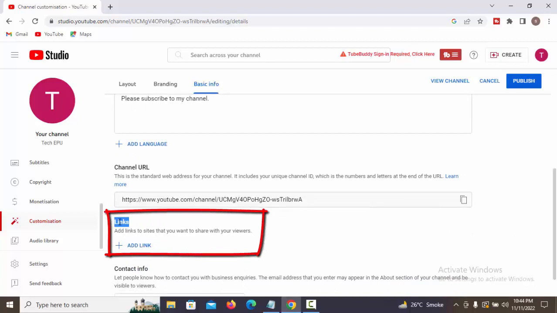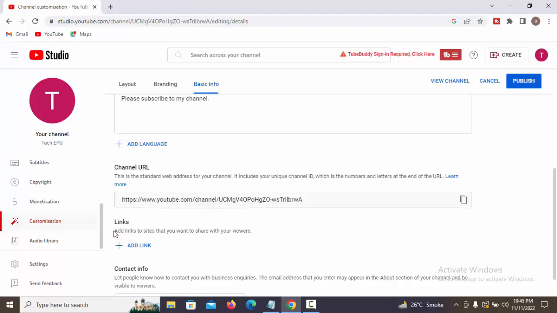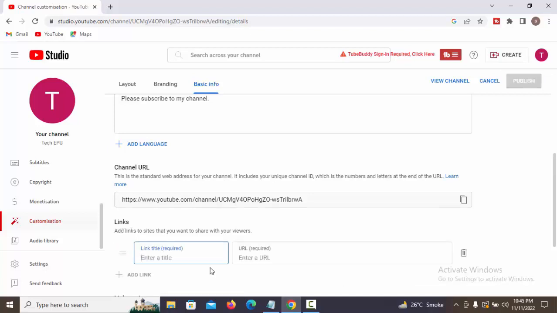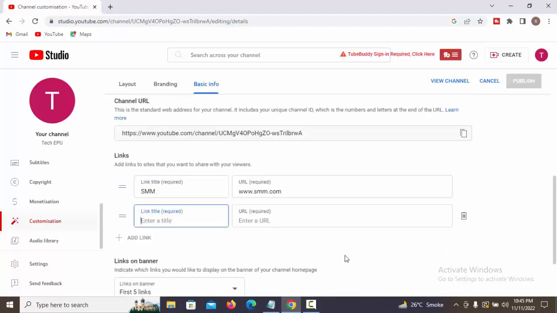If you want to link your Facebook page or website or LinkedIn ID, Twitter ID or any social media account, so you can link your social media accounts through this process. If you want to link your website, you can type your website name here and website URL here. You can link multiple social media accounts with your channel, like Insta,